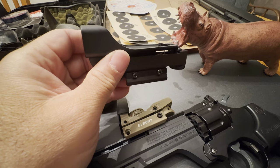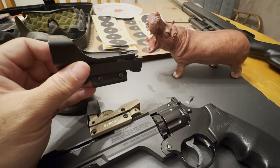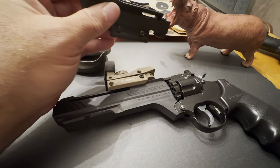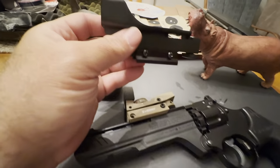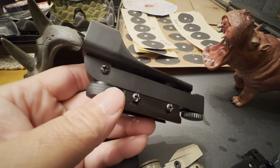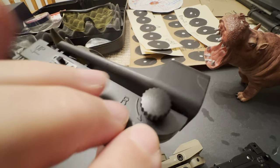One of the things, guys, was I wanted to have just a more simple experience with my air guns. So I didn't want to put on any high-powered rifle scopes or any of the better red dot sights that I had. So this is the one that I was using on this. But what happened was when I went to zero this thing, guys, see the screw right here. This screw is attached to the